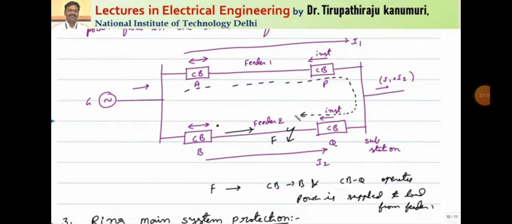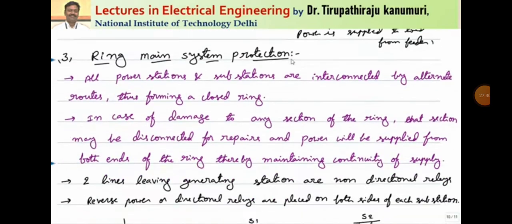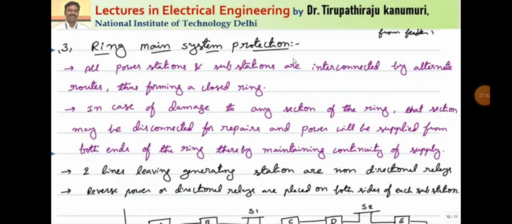Getting this one? Similar is the case if the fault happens in any other location, it will be done in a similar way. So how are we achieving this? Using two non-directional relays and two directional power relays. These directional power relays operate even for a small magnitude of reversal in the direction of the power. That means even if 10 to 20% reversal of the power has taken place, they will operate in that case also. Now coming to the third type of system, which is commonly used in cities,